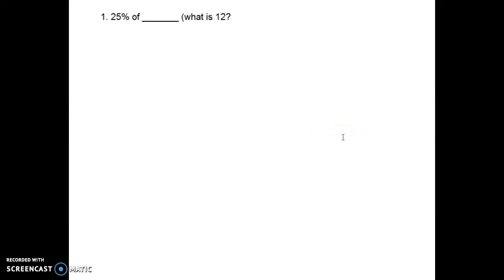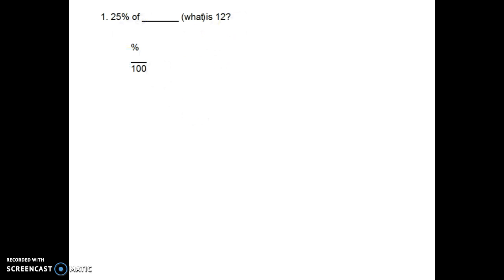All right, so we are working on study guide common assessment number 3, ratios and percents. Number 1 says 25% of blank. What is, I'm supposed to add a thing there, let me fix that. Is 12. So, like most of these questions, it's going to be percent over 100, because we always know that